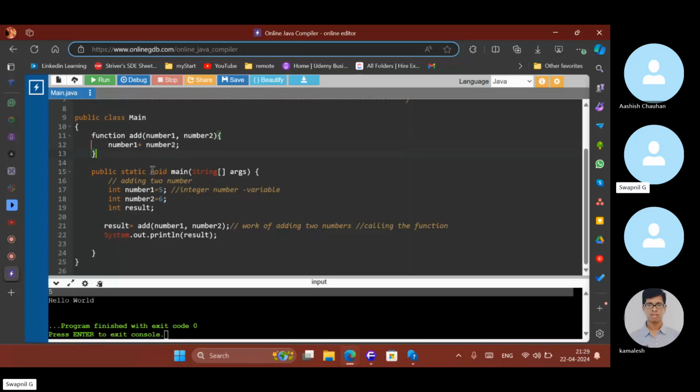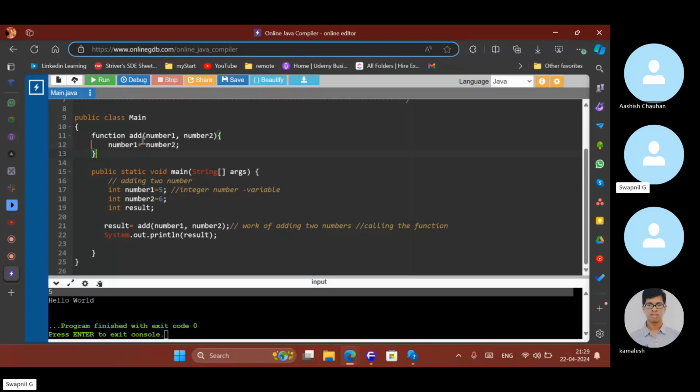Okay, let me tell you one more thing. In JavaScript, return type is sometimes not necessary, and sometimes it is necessary.